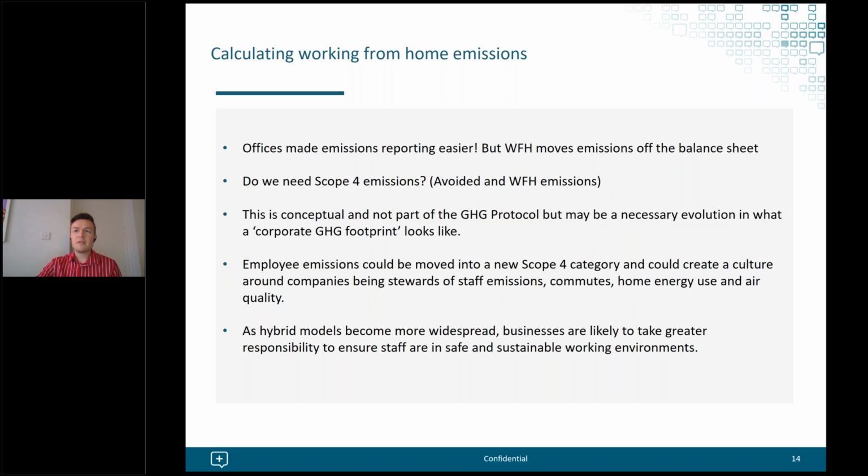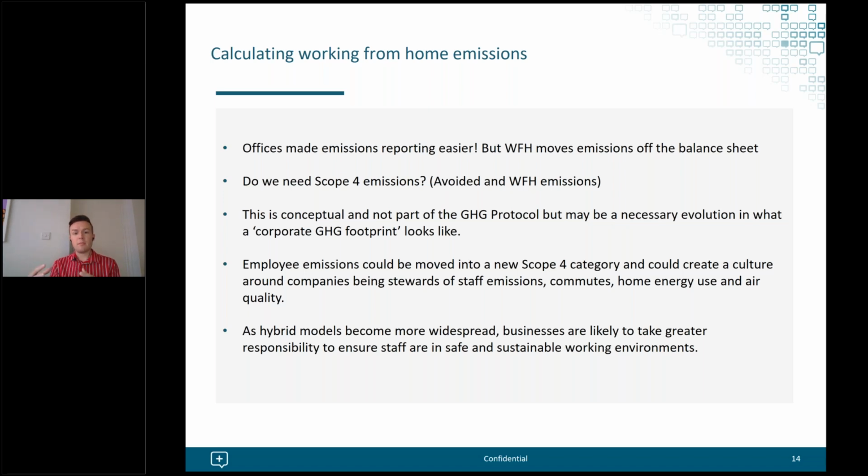And for some, in some thinking, this brings up the topic of what is sometimes termed scope 4 emissions. Now, it's important to point out this is just conceptual and it's not something that's officially part of the GHG protocol. But the idea of scope 4 emissions has evolved to include two main buckets, the first of which is avoided emissions from a company, and the second of which is the idea of working from home emissions,